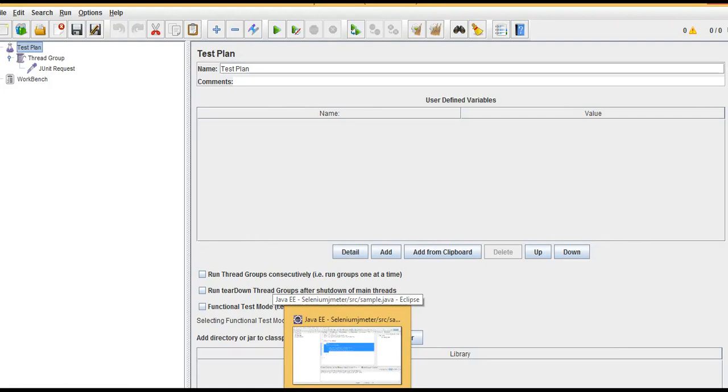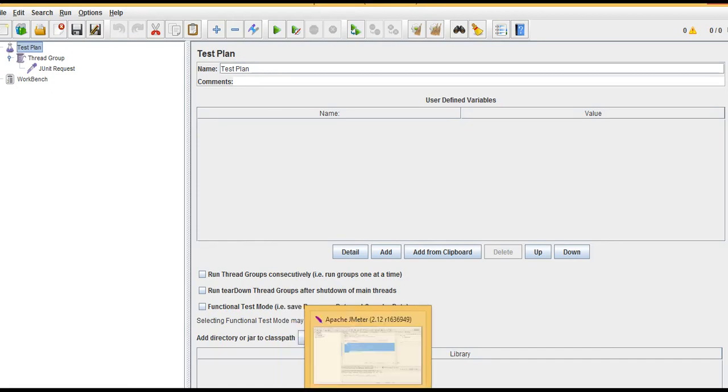The same applies to JMeter as well. If you don't have JMeter basics, I request you to watch the modules of the JMeter performance testing course. I assume you have both Selenium and JMeter basics, because when you are integrating both tools, you just need to have the basics.